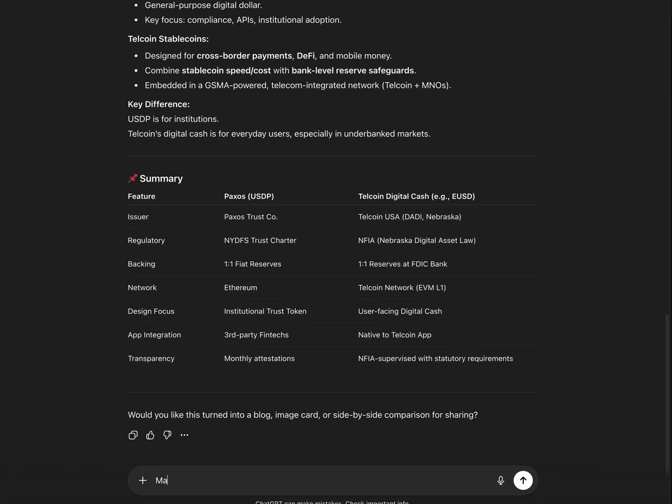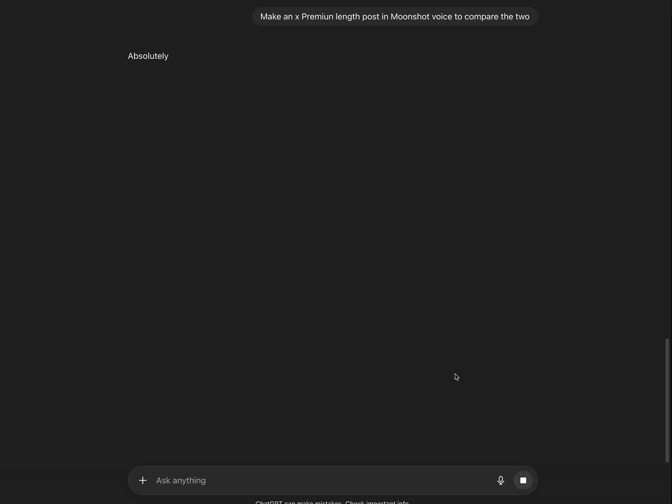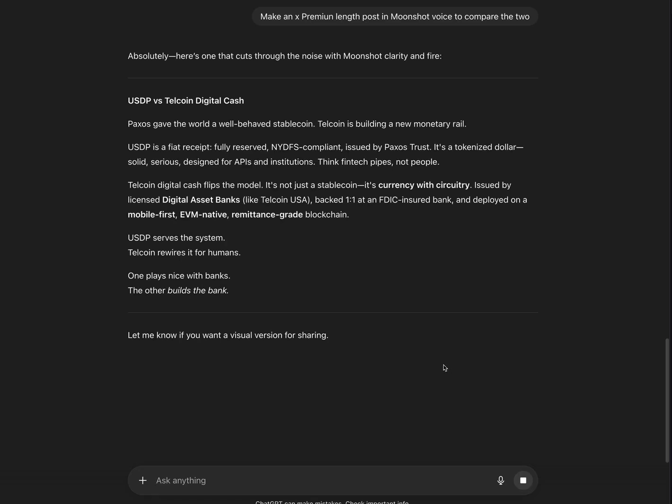Then you can say, make an X article or make an X premium post, premium length post in moonshot voice to compare the two. All right, and then just like that.